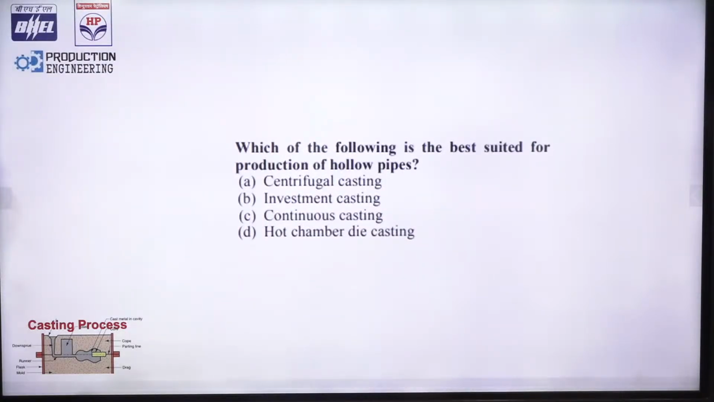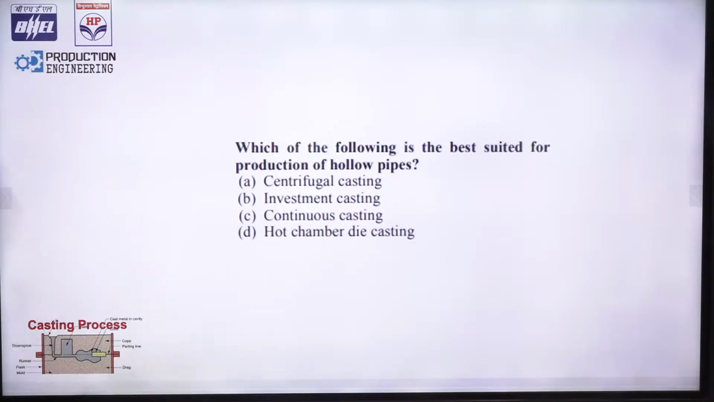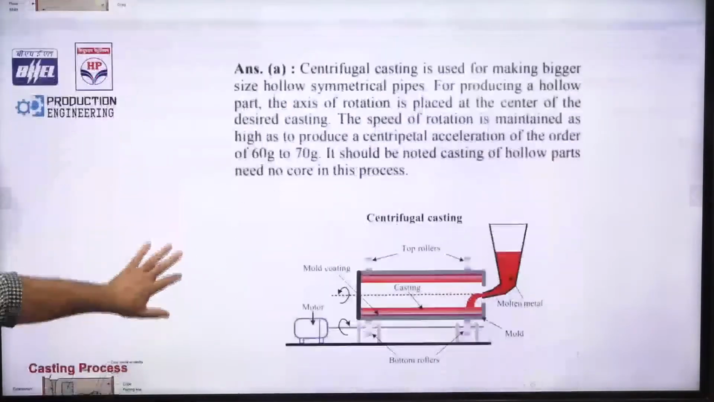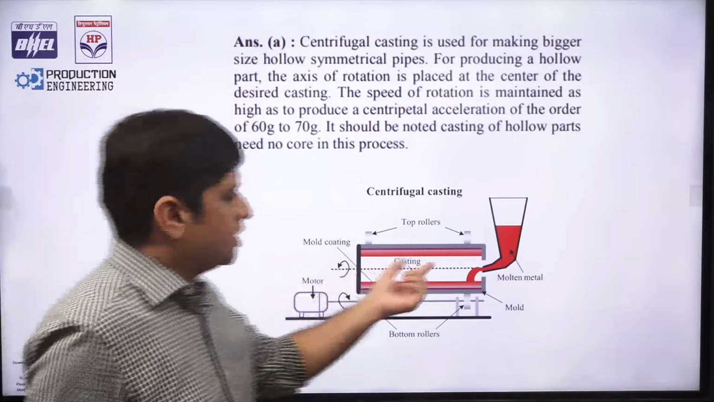Hollow pipes. Which process will you go for hollow pipes? Centrifugal casting, investment casting, continuous casting, hot chamber die casting. So GI pipes, which you typically know, centrifugal casting is the application for that. Bigger size hollow symmetrical pipes are made by centrifugal casting, and I tell you, in centrifugal casting there's a rotation